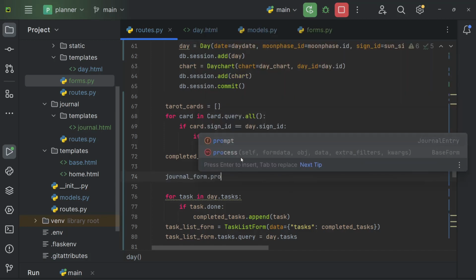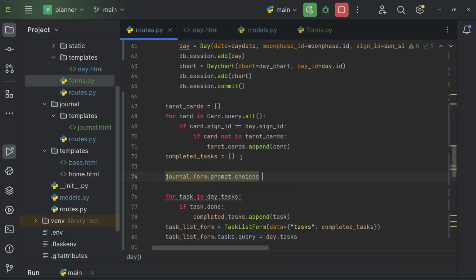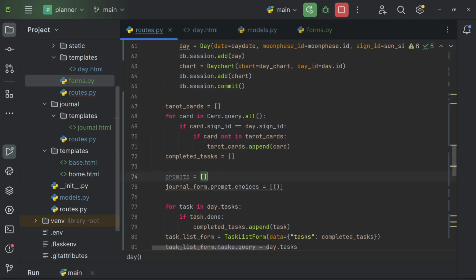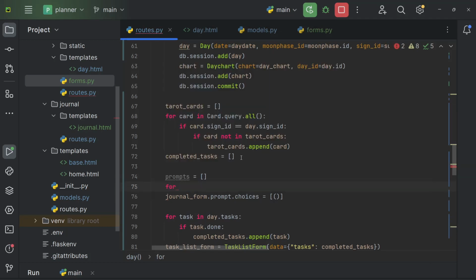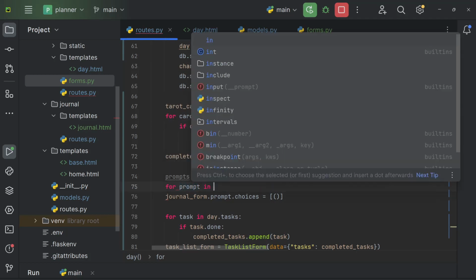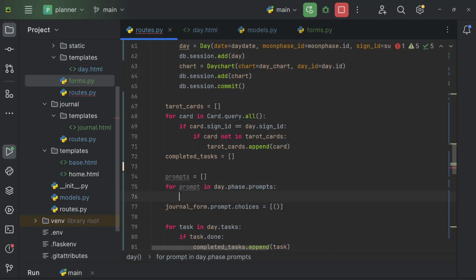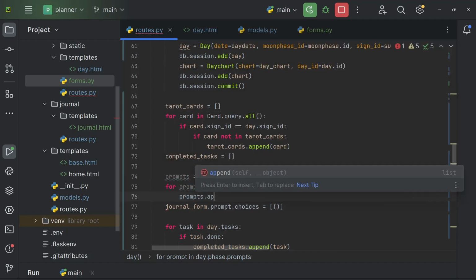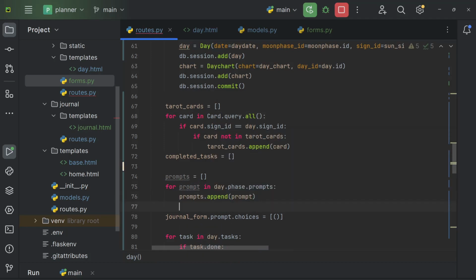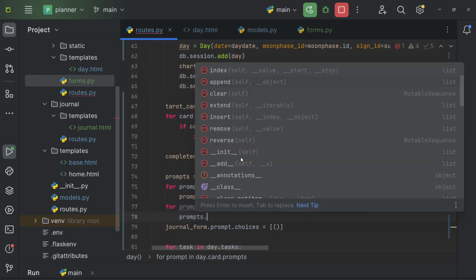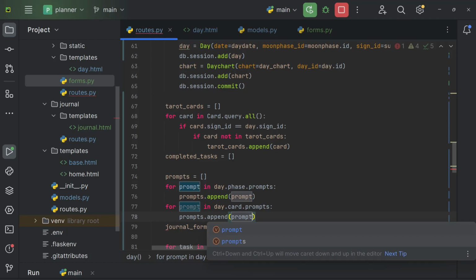Journal form dot prompt dot choices equals, and then we'll say prompts is equal to an empty list, and then for prompt in day dot phase dot prompts, prompts dot append prompt, and then for prompt in day dot card dot prompts, prompts dot append prompt, and then